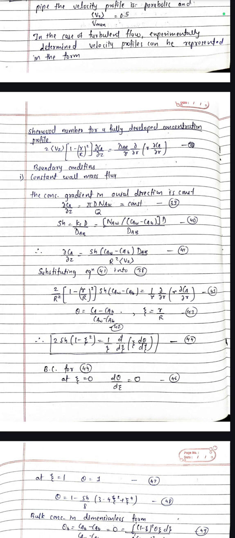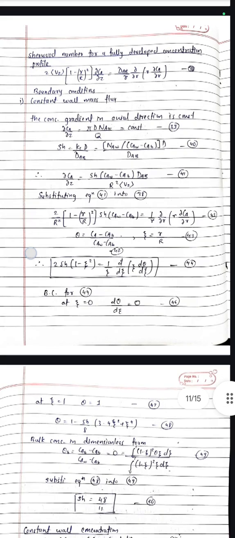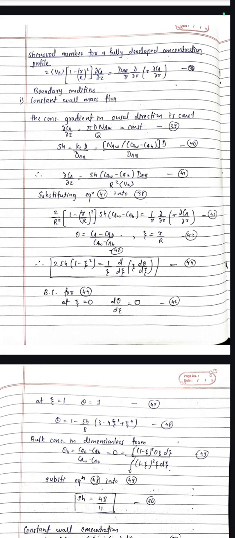Sherwood number is equal to Kc into d by DAB, which is equal to NAW by (CAW minus CAB) into d by DAB. Del CA by del Z is equal to Sh (CAW minus CAB) into DAB by R square Vz. Substituting equation 41 into 38, we get 2 into Sherwood number into (1 minus sigma) is equal to 1 by sigma d by d sigma into sigma d theta by d sigma, where sigma is r by capital R and theta is CA minus CB by CAW